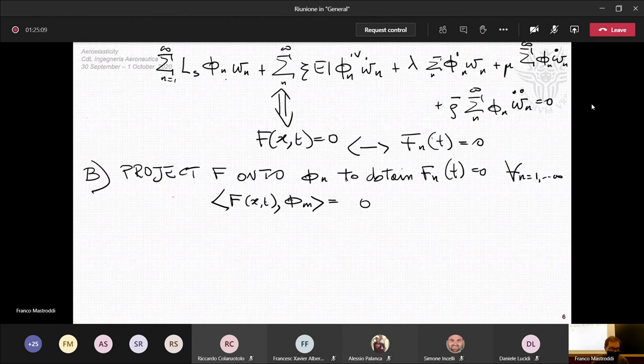We have this equation, we have to project this on, but before doing this, look, we have the projection of phi m, comma, now we have to write our equation, because this is f, and I have to write this